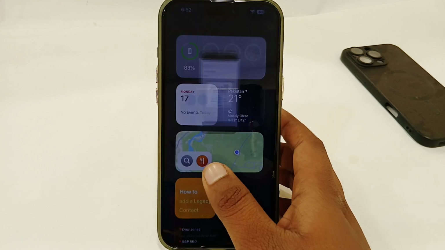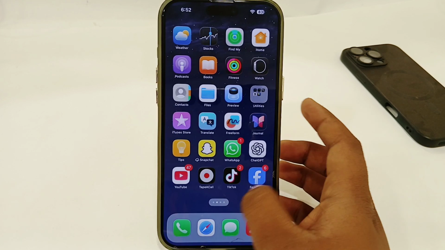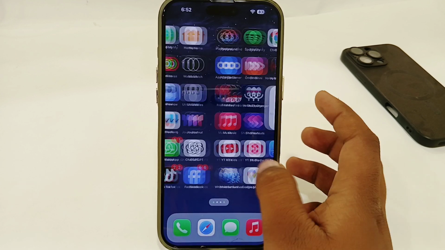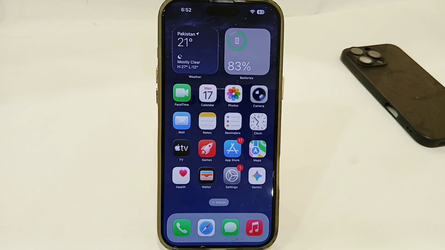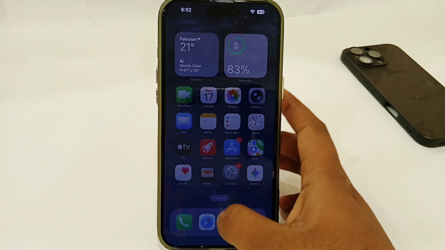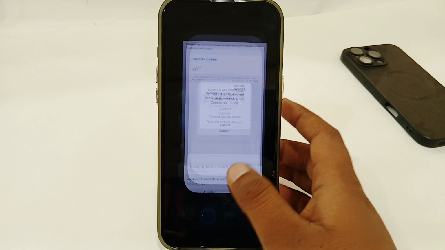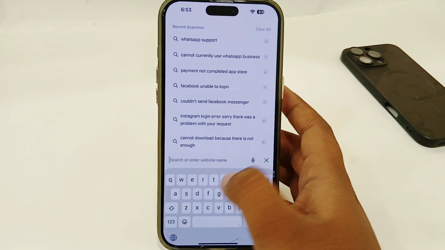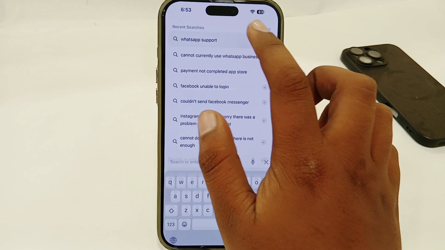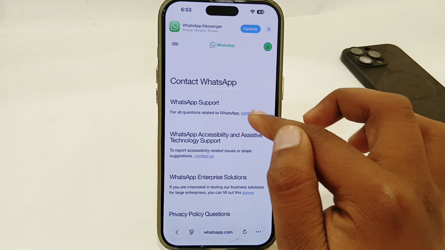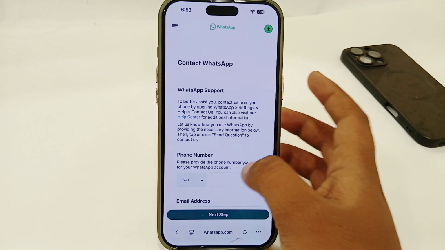You have to uninstall your WhatsApp Business and try to use the original WhatsApp app. Or if you're using WhatsApp Business and you still want to use WhatsApp Business, there's only one way. You just have to tap on this support option here, or you can also use your browser and search for WhatsApp support. Open the first website from here, tap on this contact us option, and then you have to